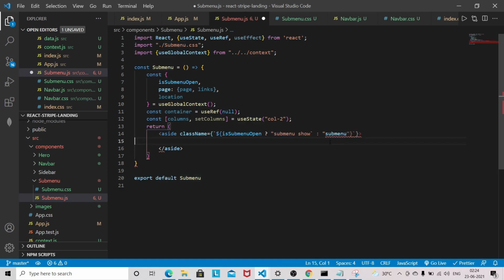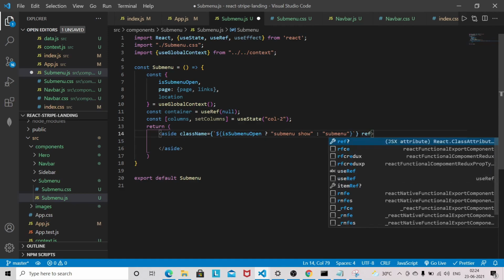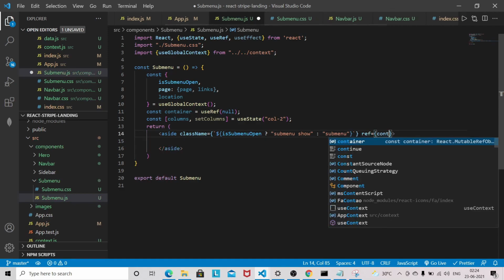And so some issue we have here, we don't need to use backtick here, so it's fine now. And there will be a ref here which I have declared at the top, that is the container.